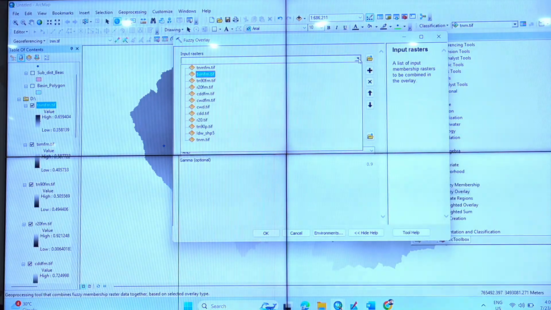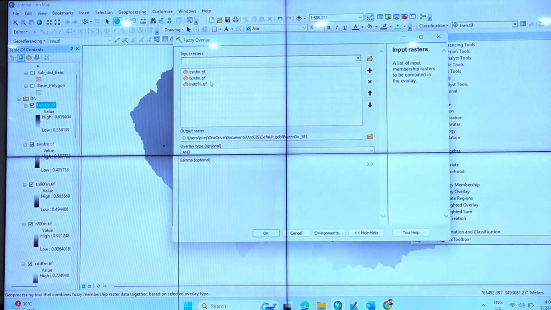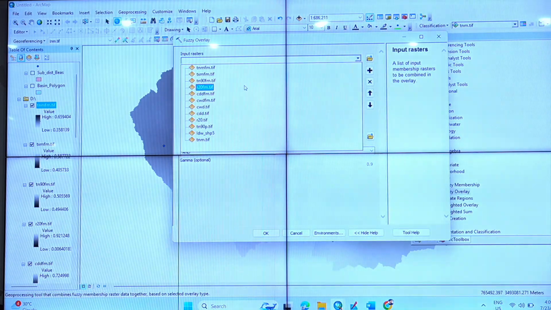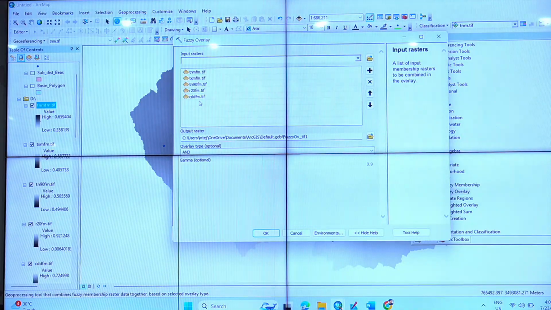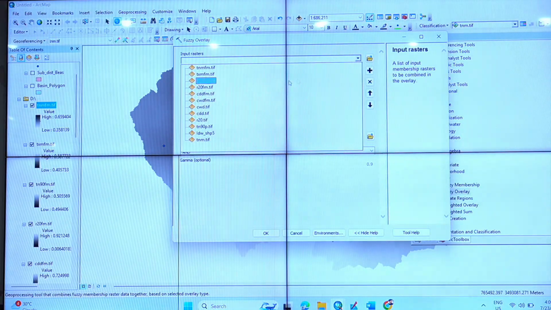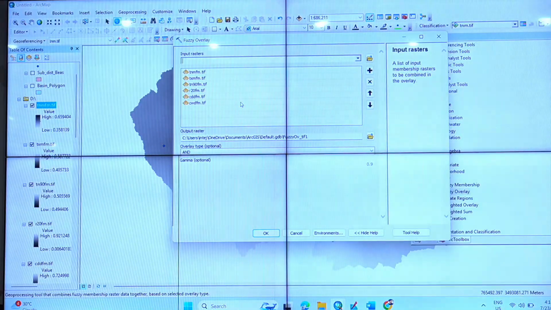Second one, this is the third one, this is the fourth one, this is the sixth one. Has everything been done? Which one is left? CWD is left. Is it all well? Which one went wrong? It's fine. It's fine.